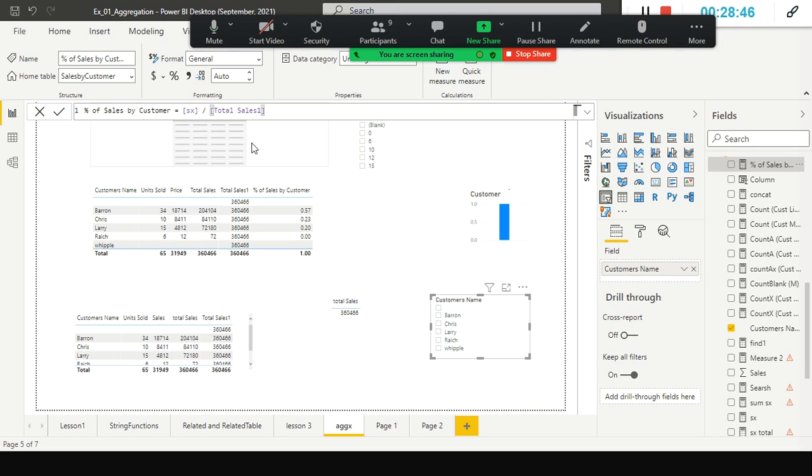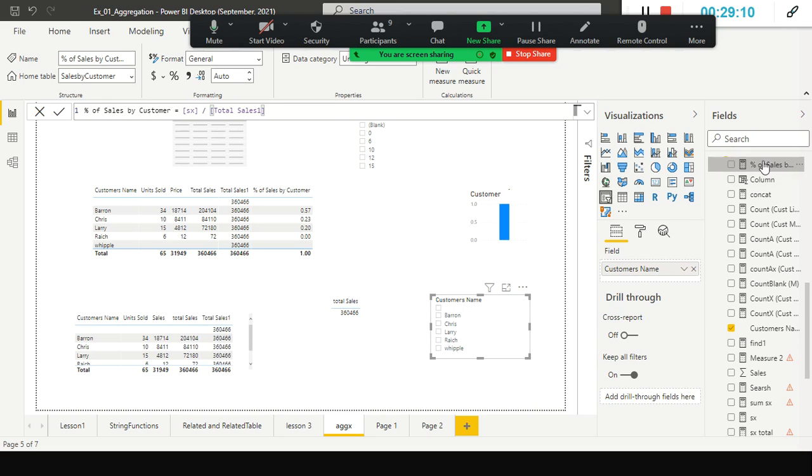And total sales 1 is where I have used the ALL function. With the ALL function, I informed Power BI, hey, ignore all filters on this table. Even if I create an external filter and try to filter it, disregard the filter on this one. That's it.